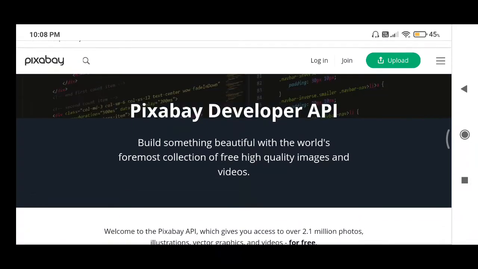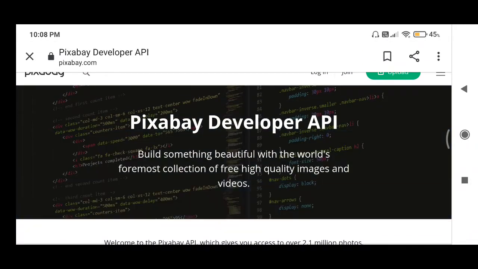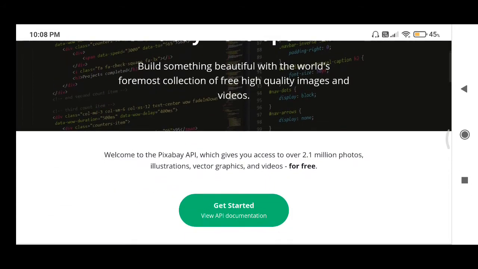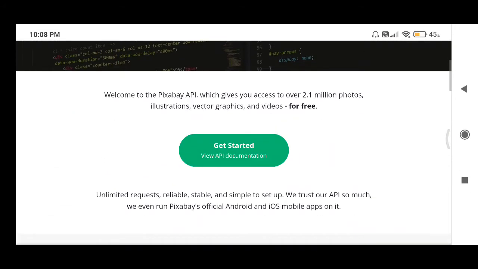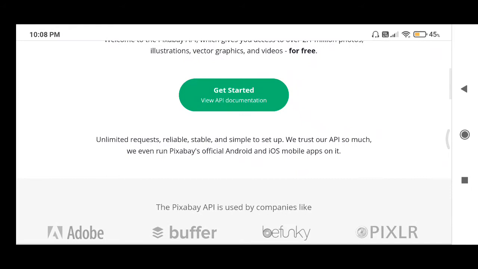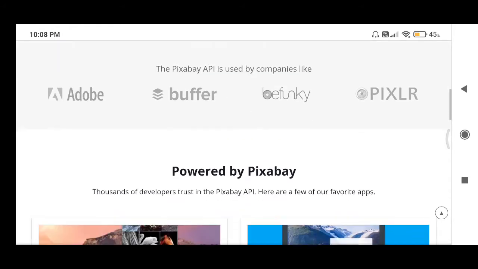Here it says build something beautiful with the world's foremost collection of free high quality images and videos. So you can imagine how this is. And here there are 2.1 million photos, illustrations, vector images and videos for free.